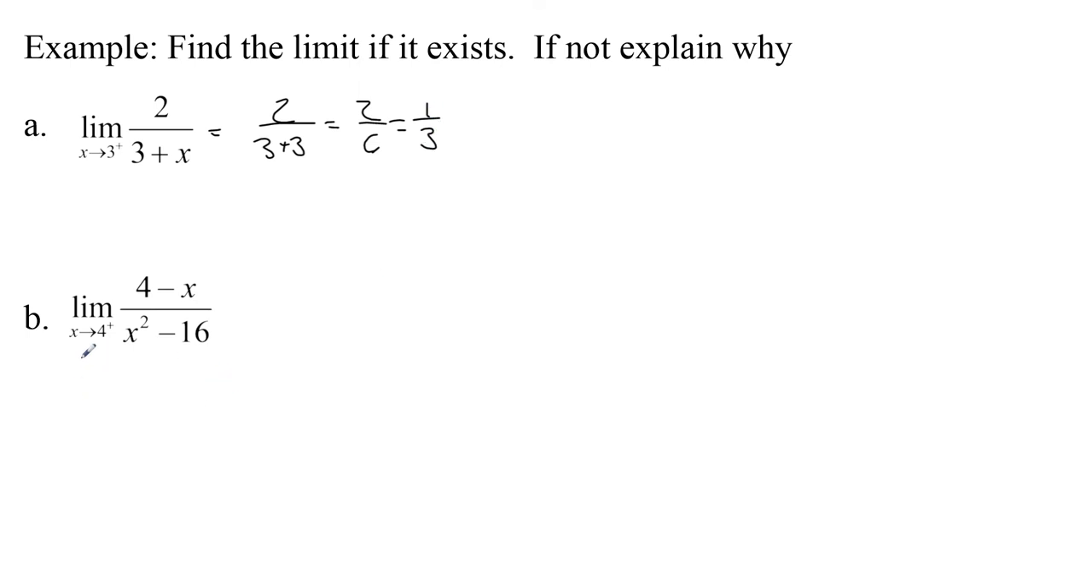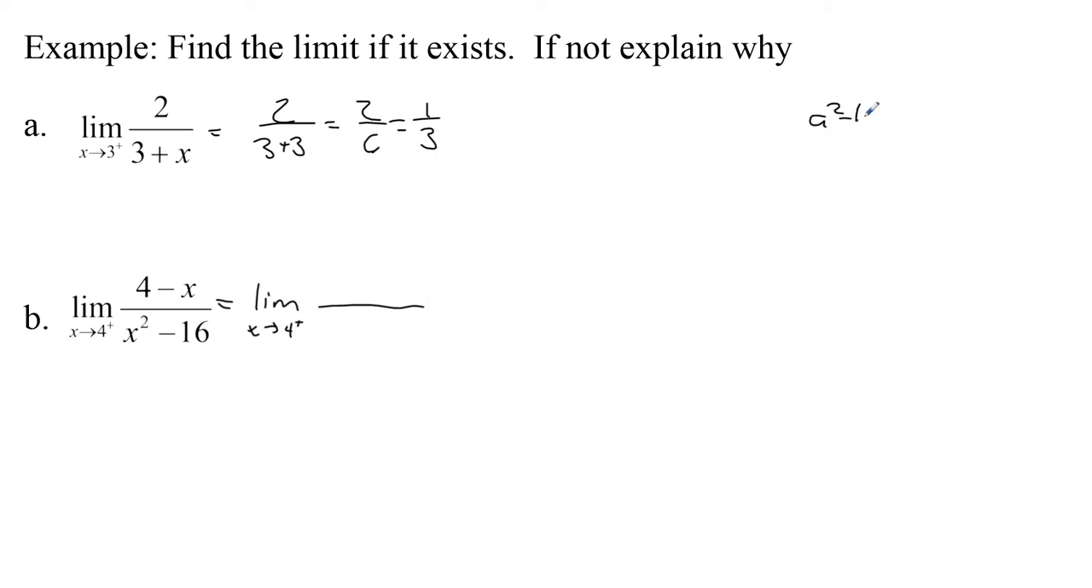Now, unfortunately, in this second one, when I say what is the limit as x goes to 4 from the right-hand side, what happens is when I plug in 4, 4 minus 4 is 0. 4 squared is 16 minus 16 is 0. I have an indeterminate form. I had 0 divided by 0. So let's see here. The limit as x goes to 4 from the right-hand side, let's factor the bottom